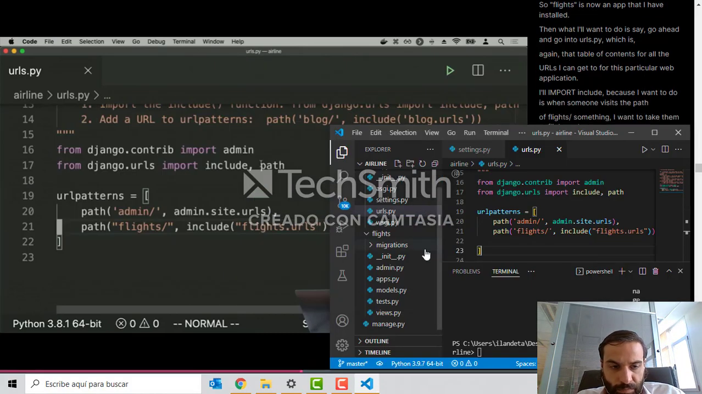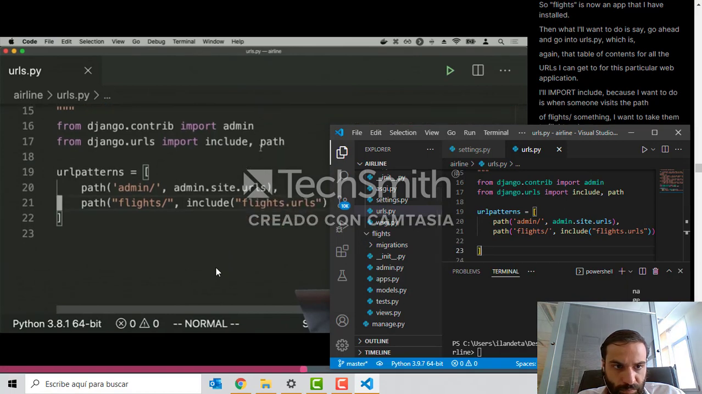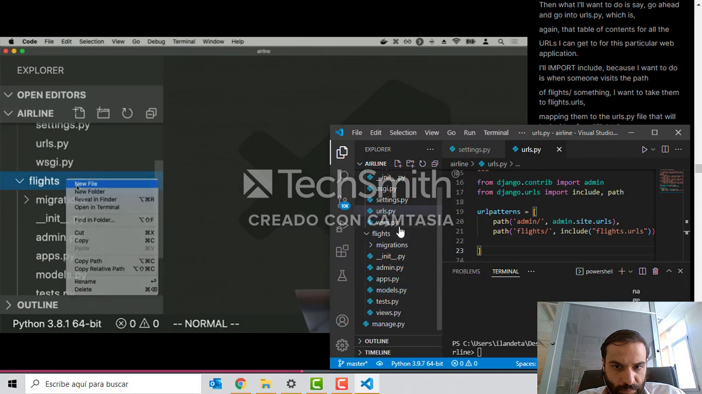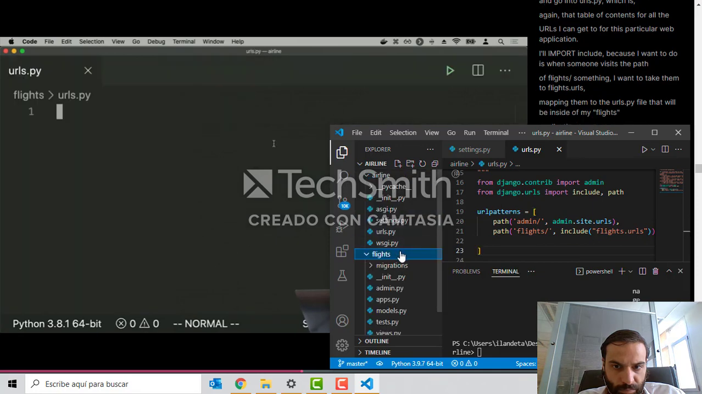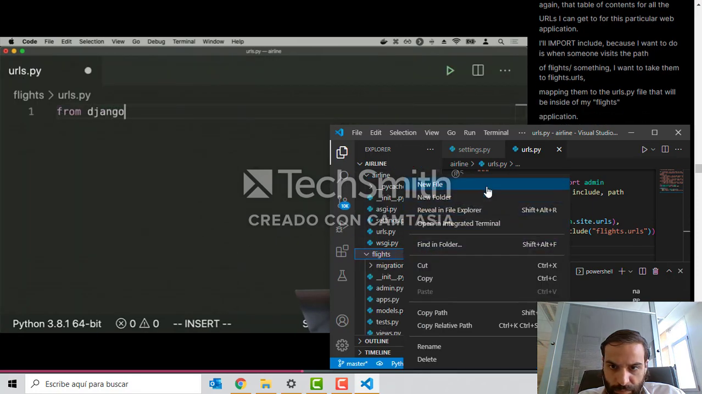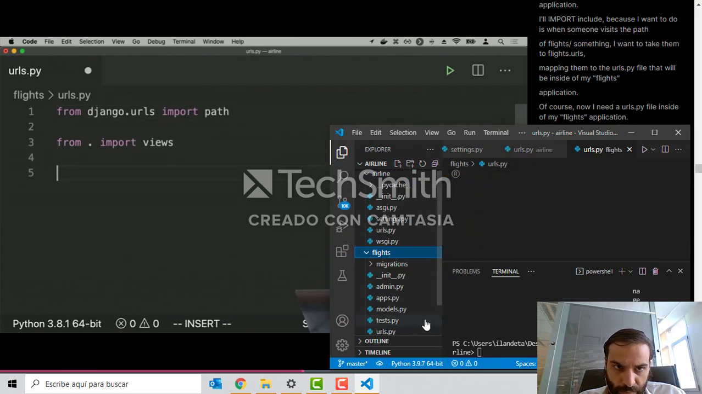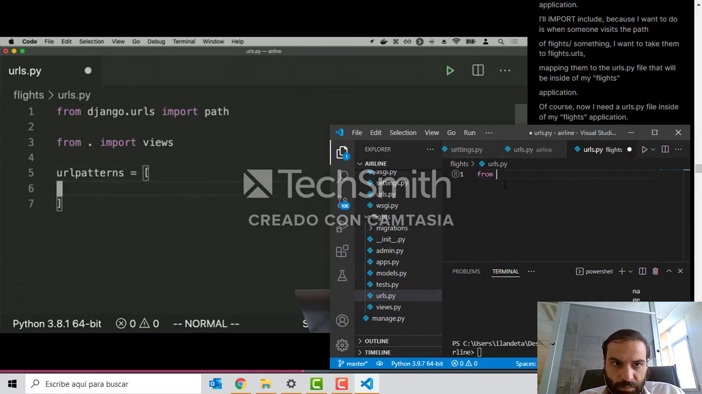Of course, now I need a urls.py file inside of my flights application. So I'll go into flights and create a new file that I'll call urls.py. And we can do from django.urls import path, from . import views, and then my URL patterns are going to go inside of this list right here. But before